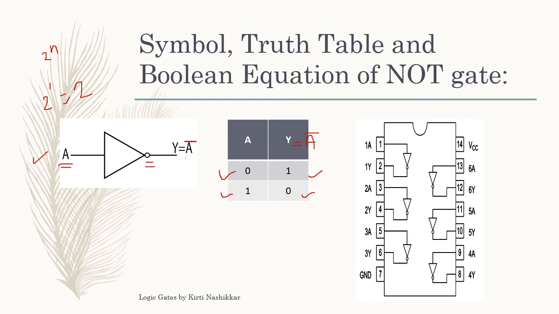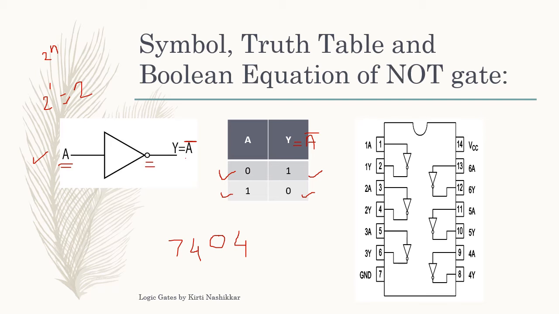And after that, this is the pin diagram of NOT gate IC. The number of the NOT gate IC is IC 7404. This is the TTL hex inverter dual inline package IC. Okay, dual inline package IC means this IC is having an equal number of pins on both the sides.